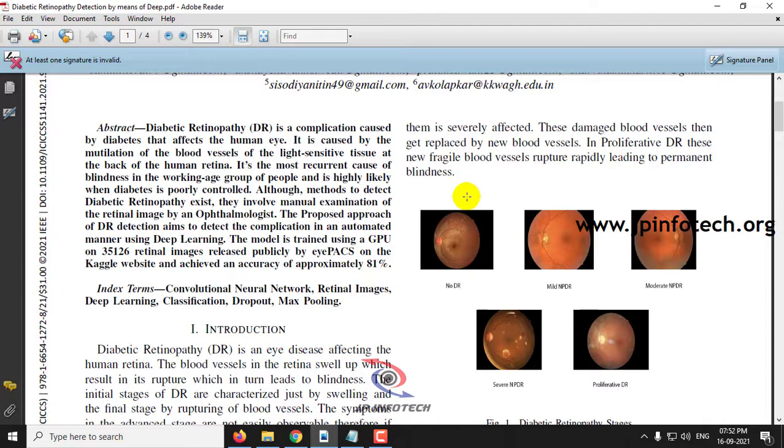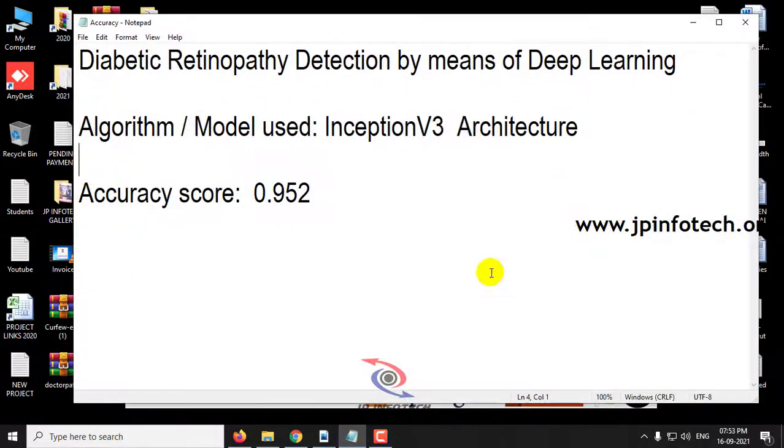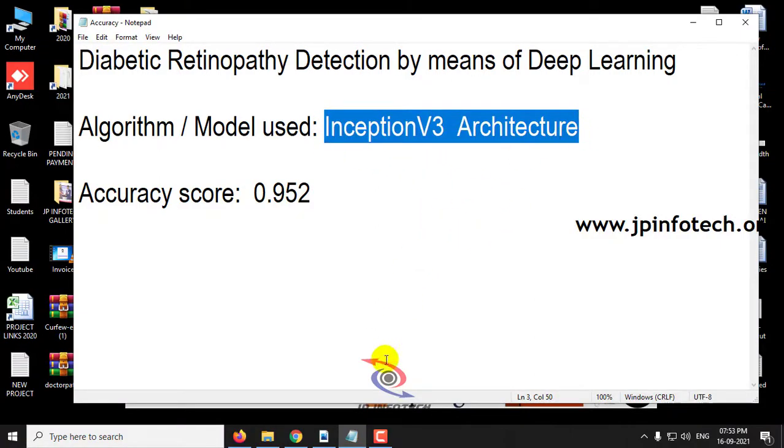In this project the authors have proposed a concept of detecting diabetic retinopathy, in short DR. This DR is a complication caused by the diabetes disease, and it affects the human eye. In the proposed methodology we detect this diabetic retinopathy, and the model that we have used is the Inception V3 architecture.